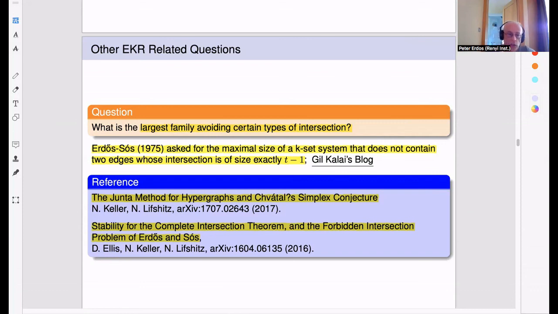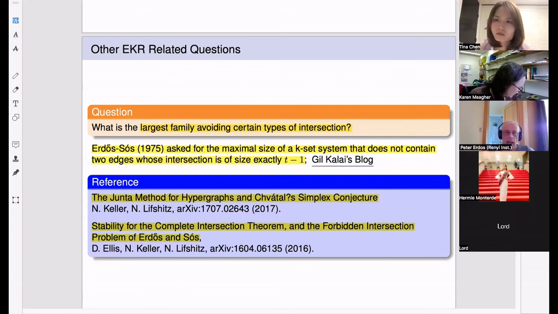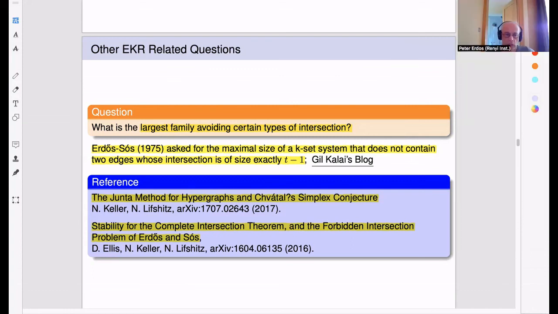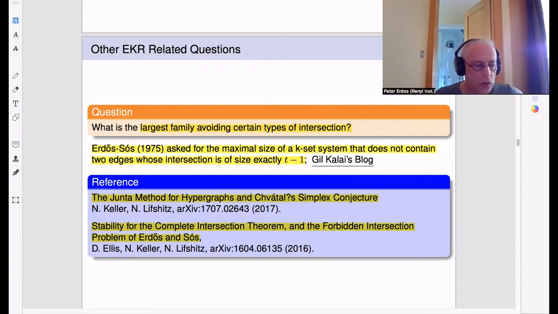This is not the Erdős–Sós, this is Simonovits–Sós, but this is a different thing from what I mentioned at the beginning. And the fourth thing that I would like to mention is, I don't know how much is known,